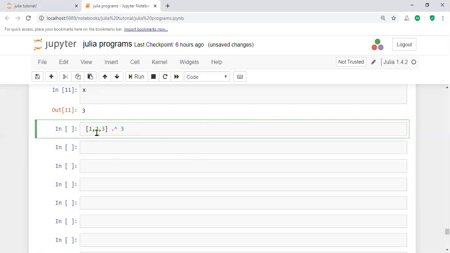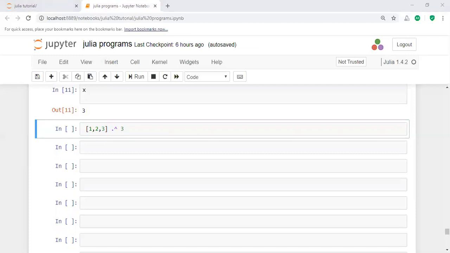This is an array 1, 2, 3. We will discuss arrays later. You have an array like 1 2 3 with dot cap 3. For all the array elements, the dot operator works like a membership function.